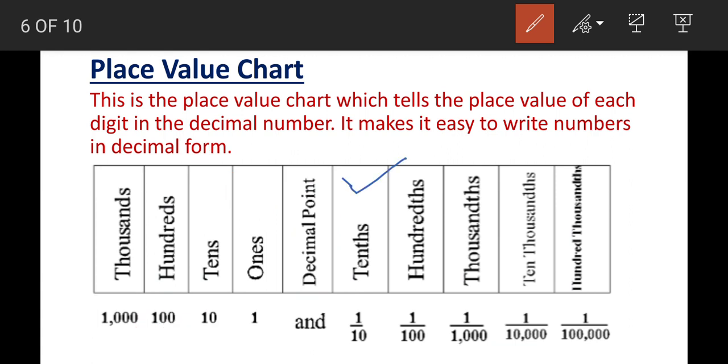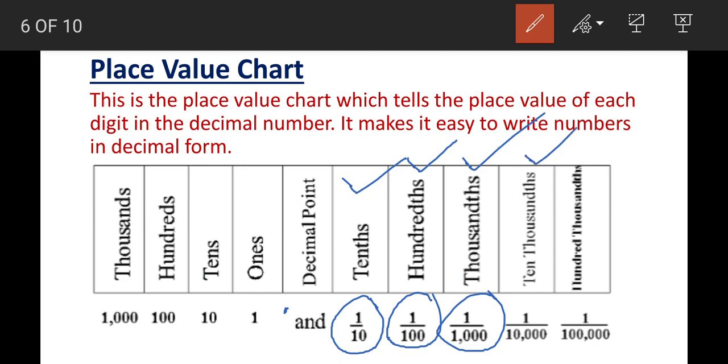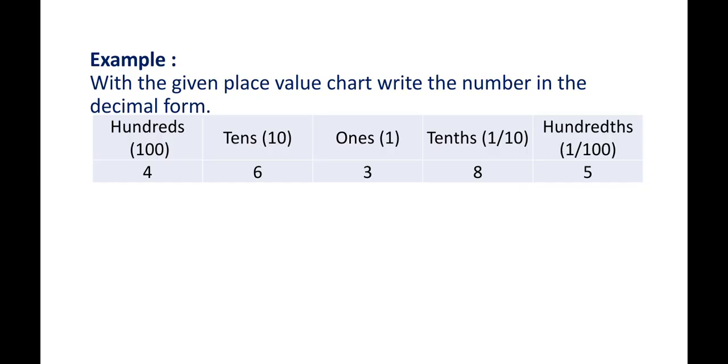The first digit after the decimal point, that is the dot, is known as tenths, and tenth means 1 by 10. Next, the second digit is hundredths. That means we have to multiply that digit with 1 by 100. Next one is thousandths, that means 1 by 1000. Next one is ten-thousandths. Up to this we will discuss in our class 5. So that is 1 by 10, 1 by 100 and 1 by 1000. In this way you can increase the zeros after 1 to get the next place value. So you have to use this to write the decimal form of each number.